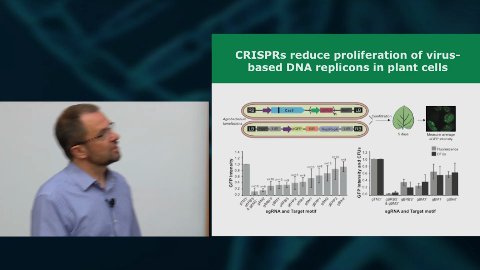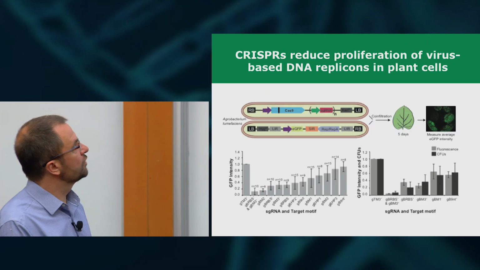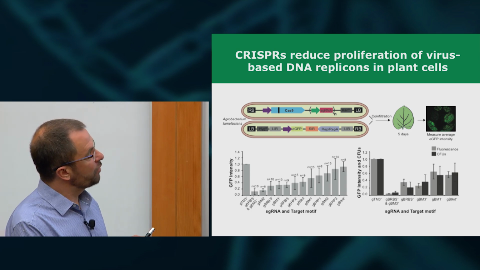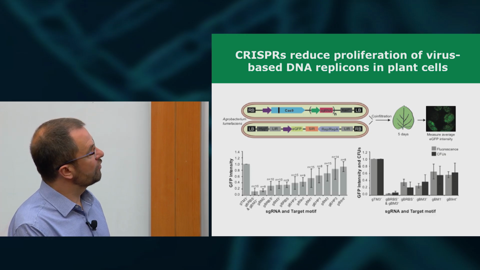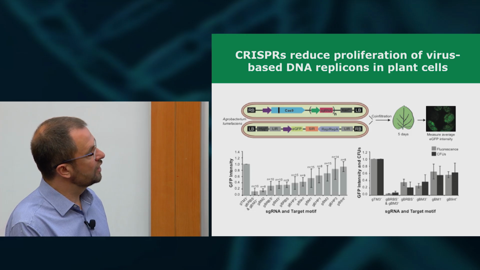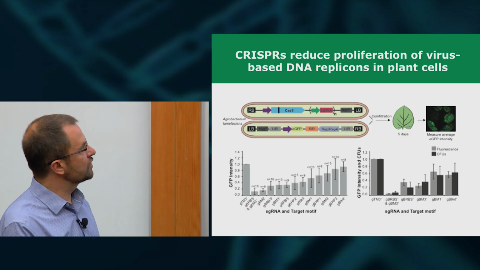And we did some initial tests just to see if it was worth pursuing this approach. So here we have 2 strains of Agrobacterium. Agrobacterium will deliver our DNA to the plant cell. In one Agrobacterium strain, we have our guide RNAs and our Cas9. In another bacterial strain, we have our replicon, which has our GFP. So the idea is if you infiltrate a leaf, you can then look after a few days to see the amount of GFP fluorescence. And if you've targeted and knocked down GFP, you'll be able to quantify the amount of that knockdown based on the amount of fluorescence.